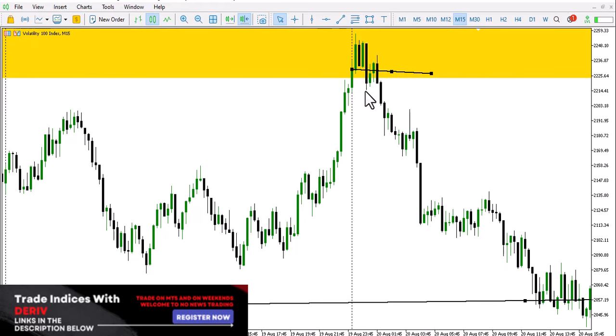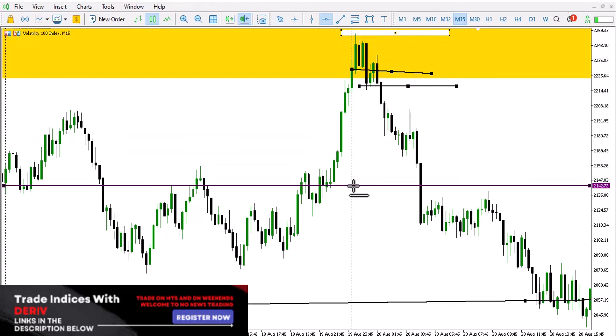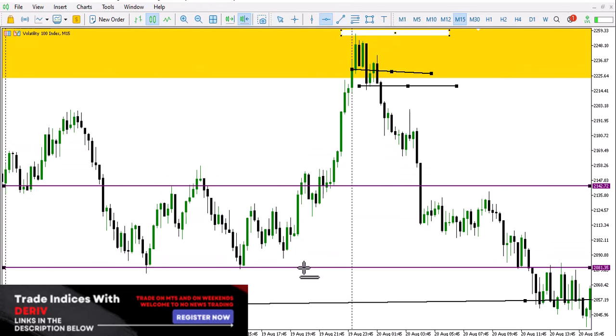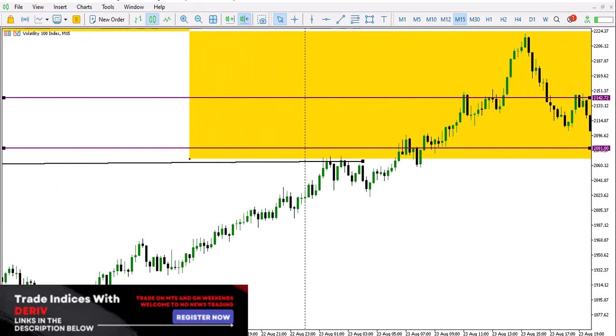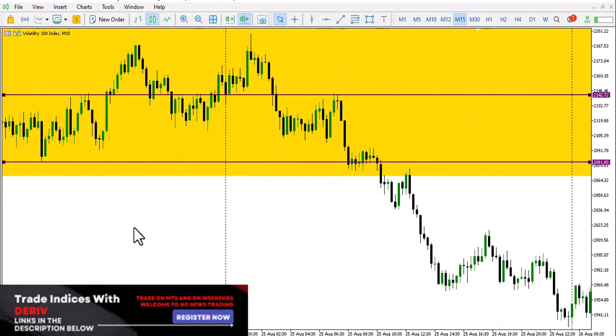So that engulfing black candle that you see would have worked as your break of structure, and your stop loss was going to go up here at the end of the structure. Remember, your stop loss goes outside the structure, so this would have been your stop loss, and you would have entered your trade at this particular point. Your stop loss goes above, and you are going to get your first take profit or your first partials at this particular point. Then if you were a little bit ambitious, you are going to set your take profit at this particular point. So this is how you would have entered or taken advantage of that. So this is another